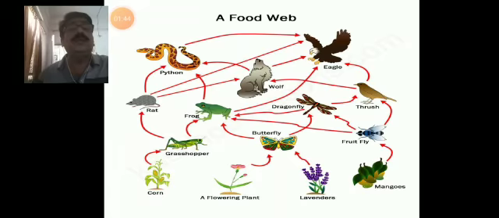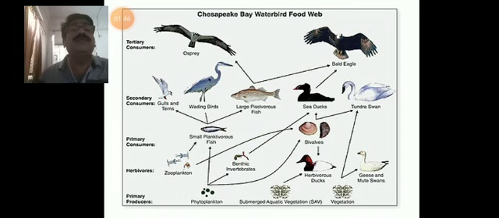So here you can see another food web in the ocean, where the small zooplanktons are consumed by the small fish, and the small fishes are taken by bigger fish and the seabirds, and the seabirds are taken by the bald eagle and some other preying birds, that is eagles, vultures, and so on. So they can depend upon each other. This is called a food web.